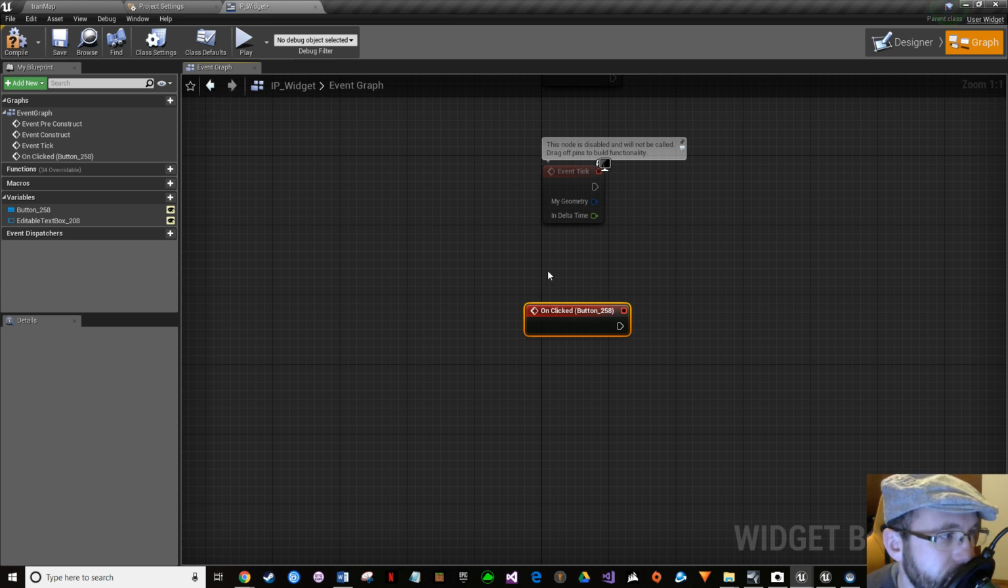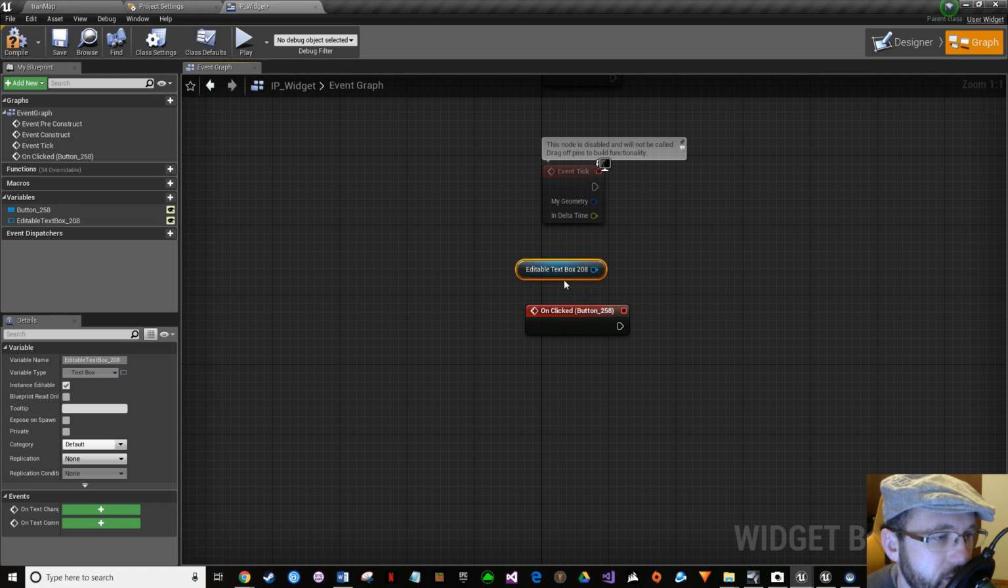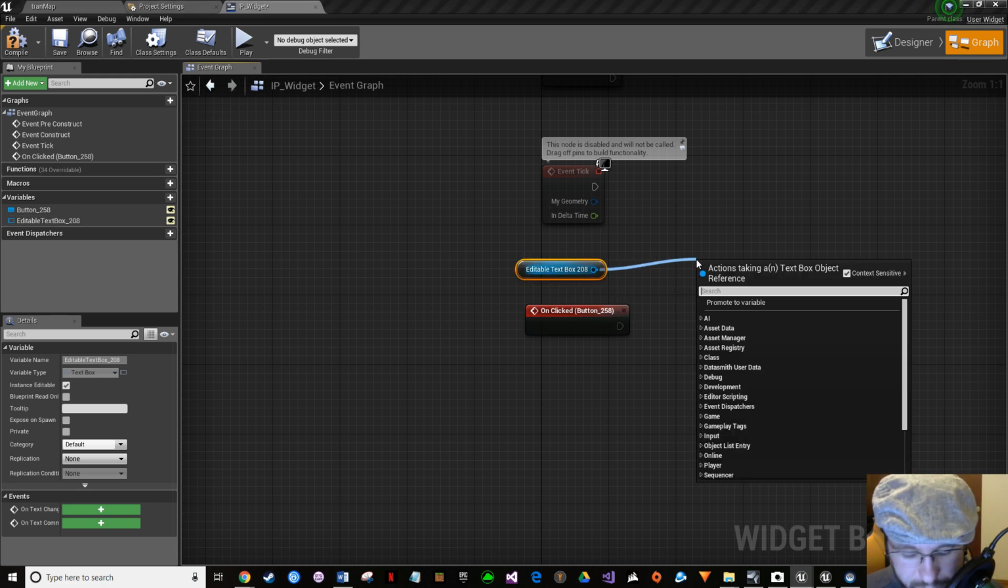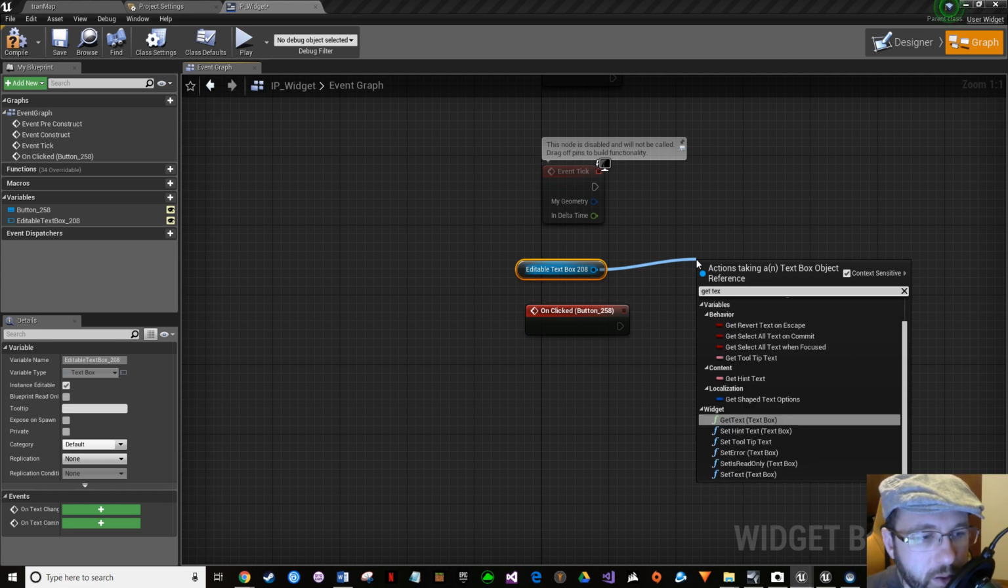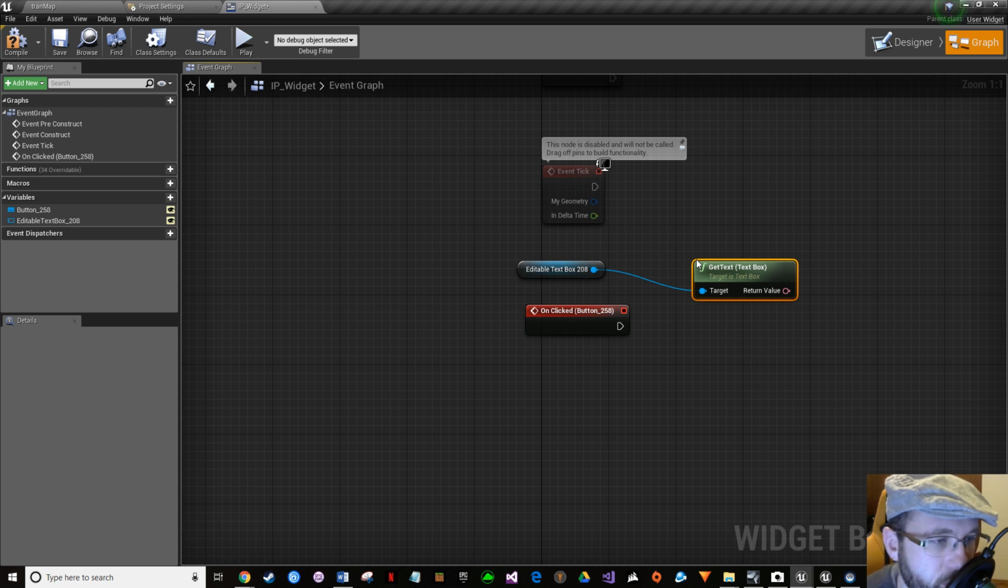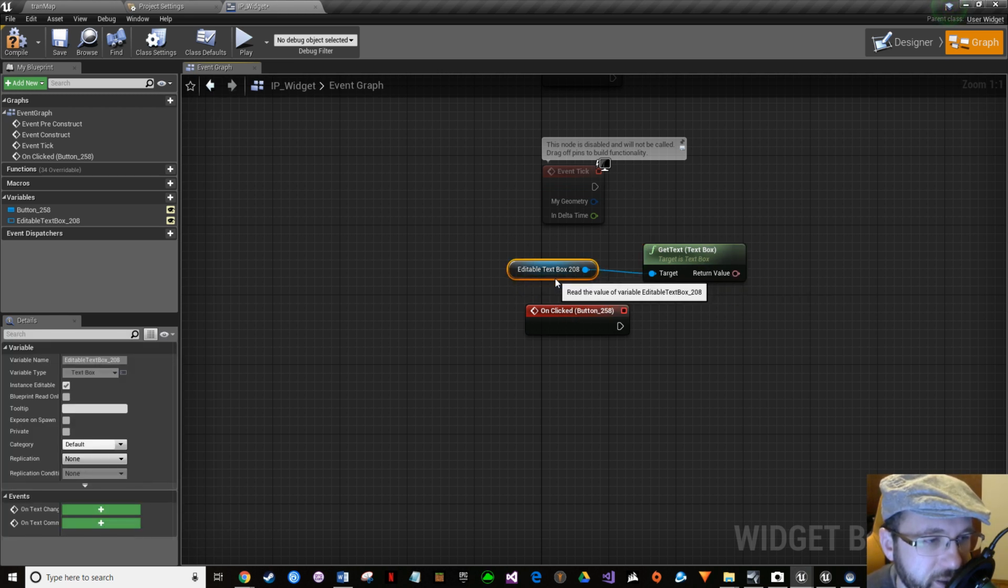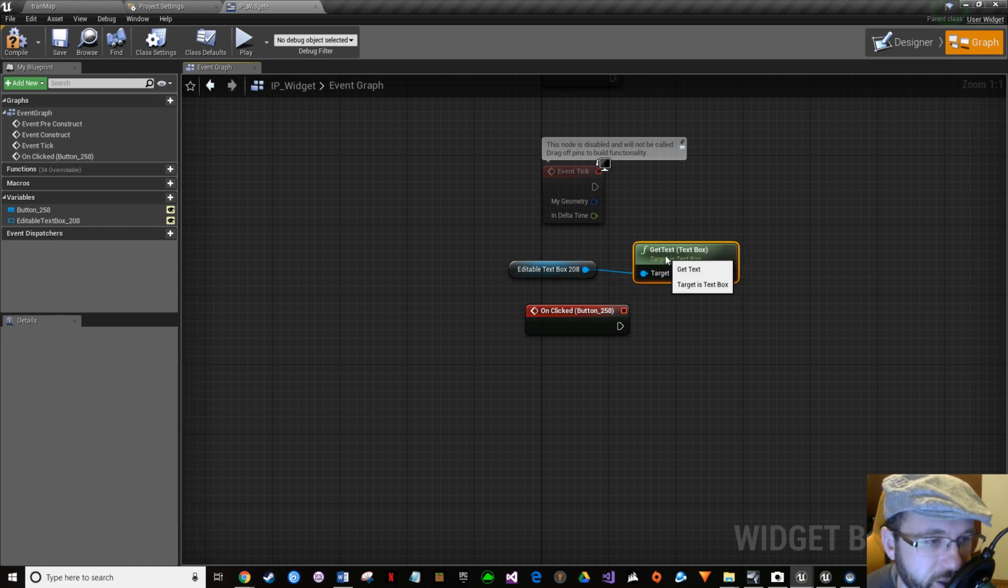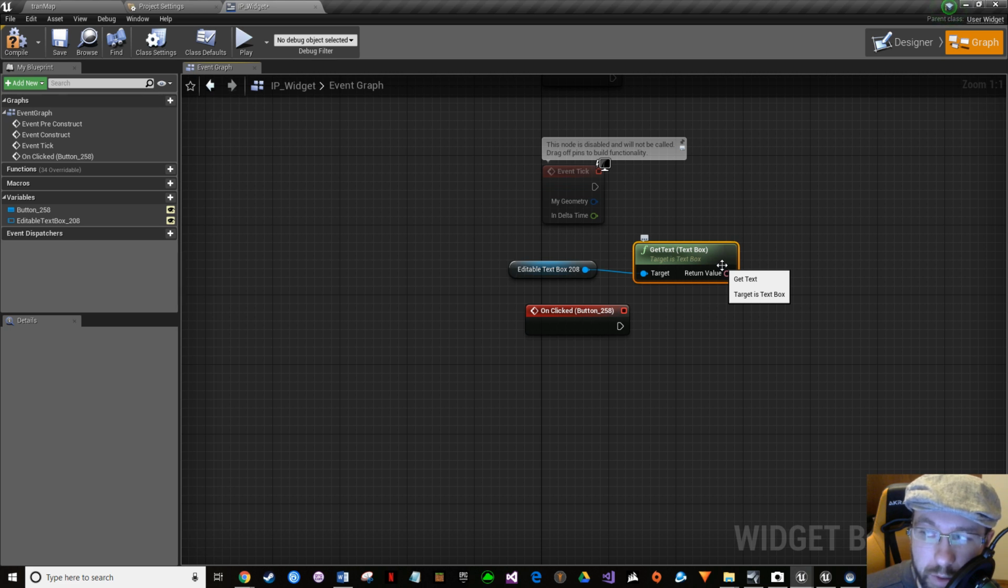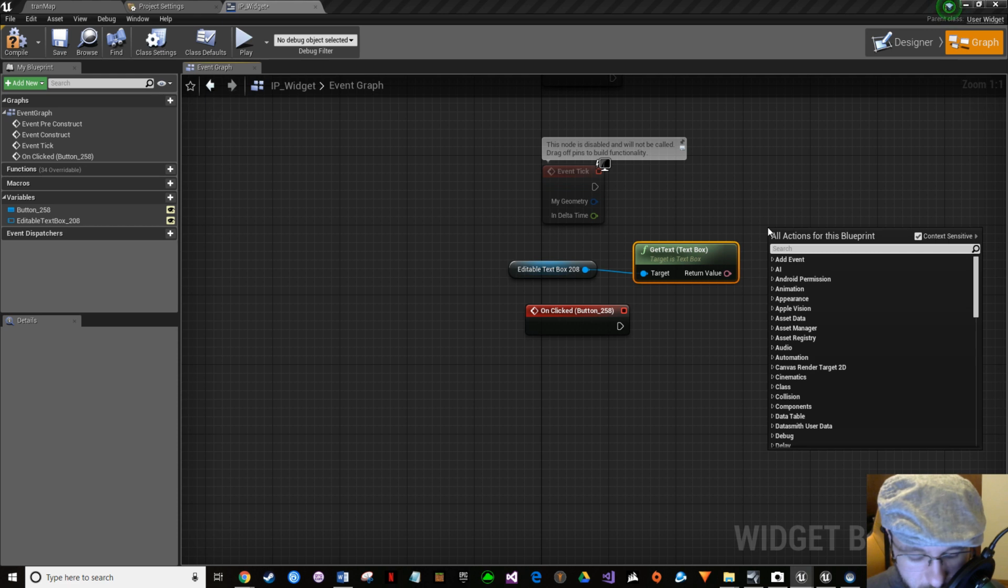Well, we want to get our editable text box. We want to get it. And then we want to get text. Get text box. And so what this function's doing is it's getting whatever you had typed into there, and it's just pulling it out so we can reference it and use it for other things. So what do we want to do? We want to do a few things. We want to open a level,